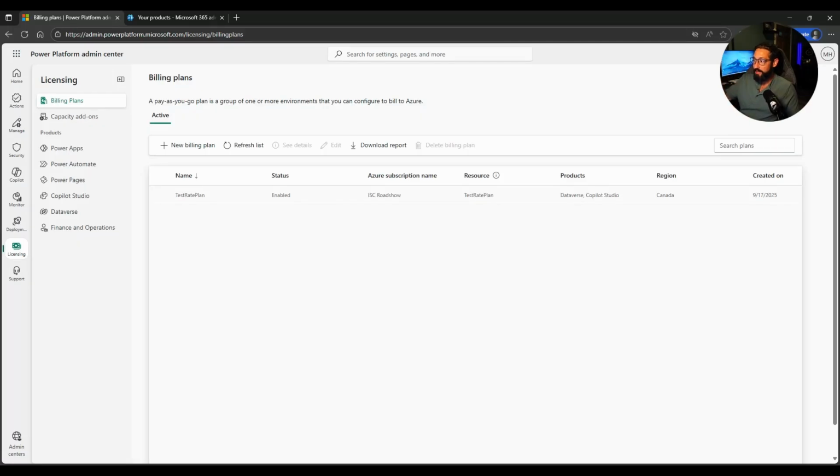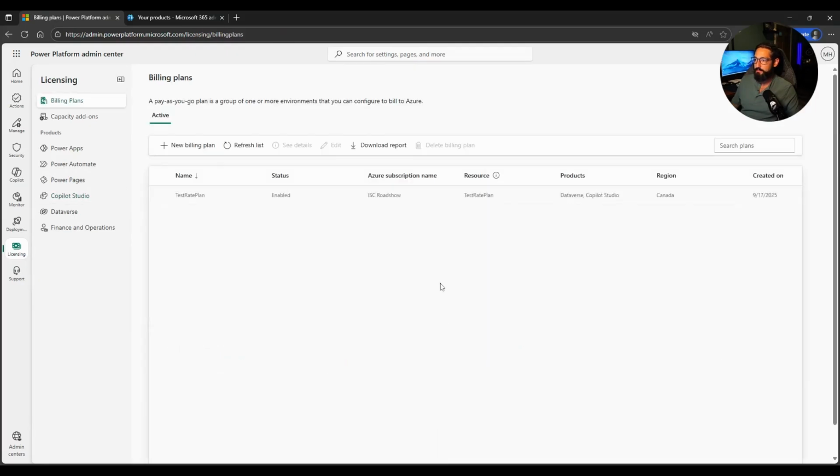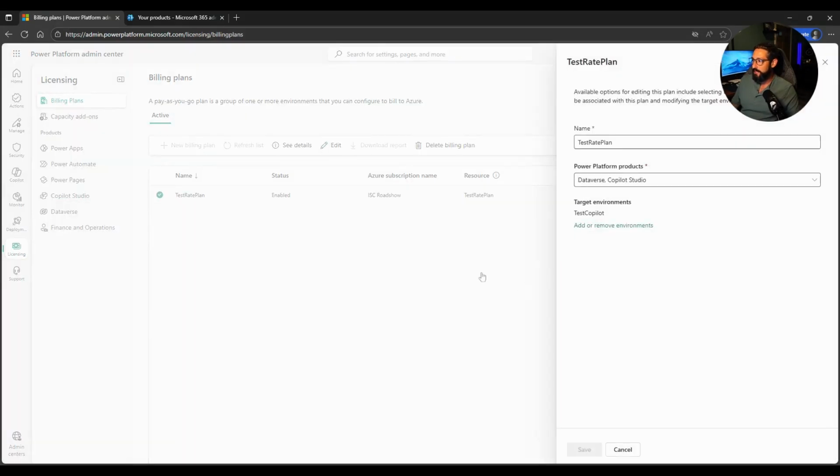So bringing it back, once you've got your test rate plan in play, you can have it then assigned to your Copilot Studio environments, right? We would choose under the manage billing plans, and you can do any sort of edits to this as desired, add additional items to it, and you can add or remove environments. So in this part,